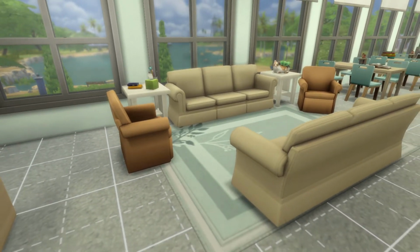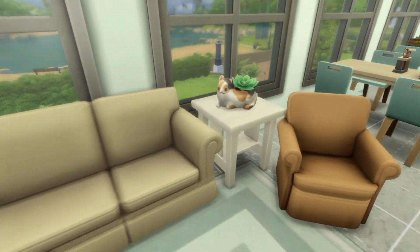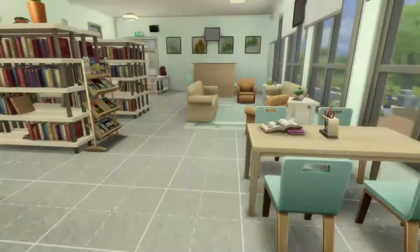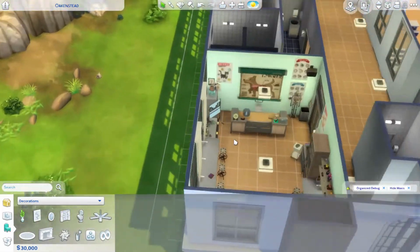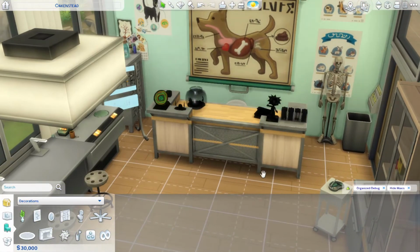And then you just have some fun couches to sit on, to hang out with, study with your friends, eat at lunch, and then some study tables as well. Somebody's left their laptop here. Called lost and found. On this side, you have a science lab, because from what I